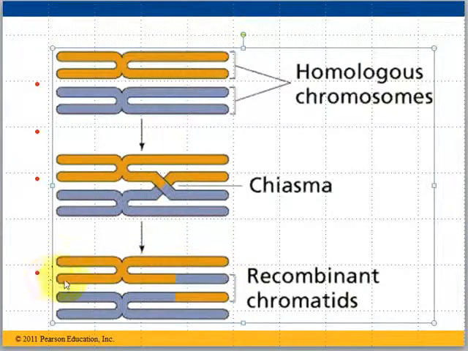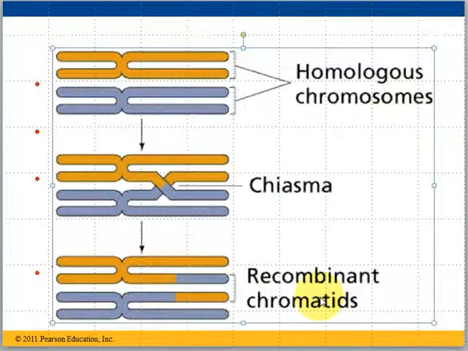Now this chromosome right here, this one that's on the lower portion of what we call the mother, notice it's different from its sister chromatid now because it has a piece that came from the father chromosome. And then look at the two father sister chromatids. This top sister chromatid is now different from the lower sister chromatid because it has a swapped portion that came